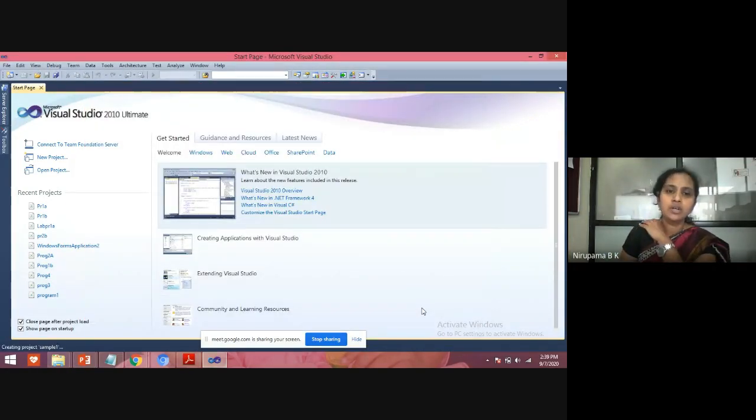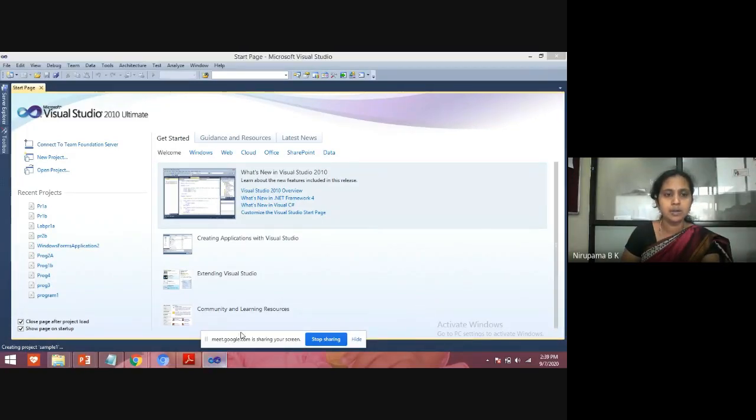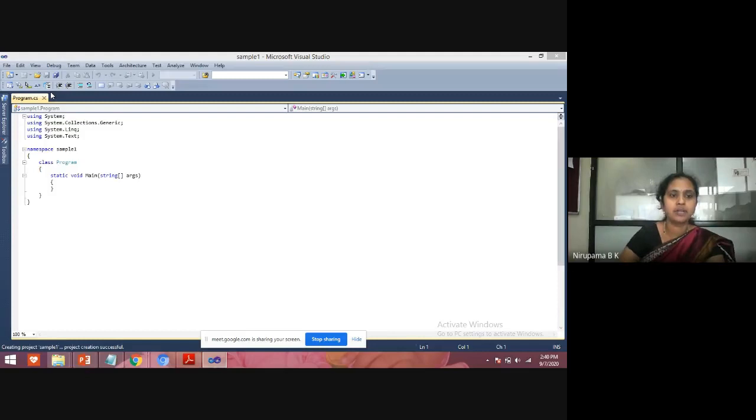See, students, when you click on this, a skeleton will be generated. Like Java, which has some built-in packages, C# also has built-in namespaces, so a skeleton will be generated. In that skeleton, you have to write the code and execute the program. It is 8 GB, so it takes some time. See, students, the namespace, this using System, all that we'll see in the theory part. So the skeleton is generated.